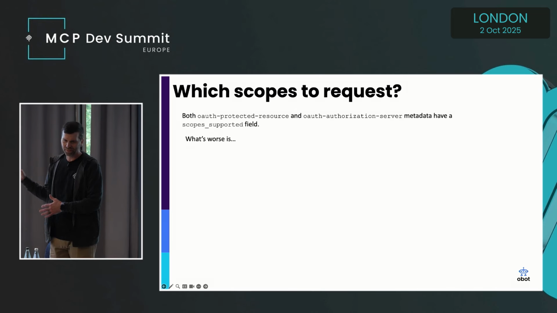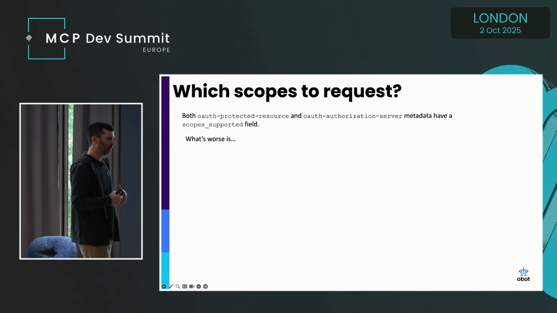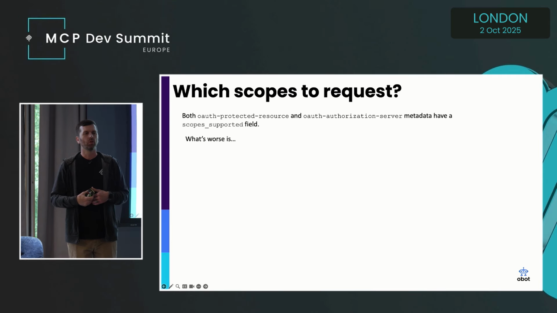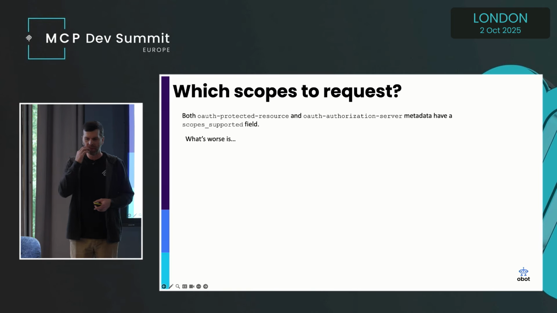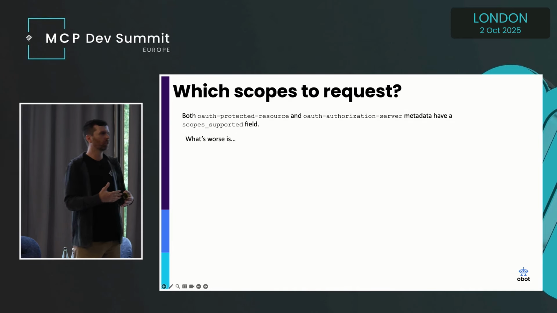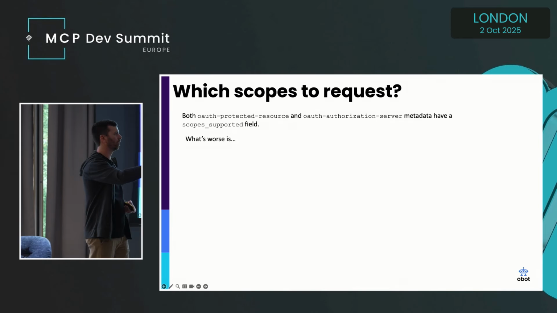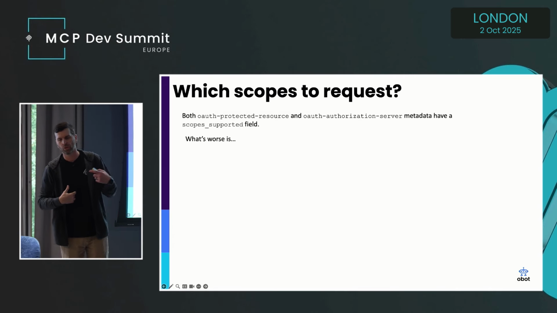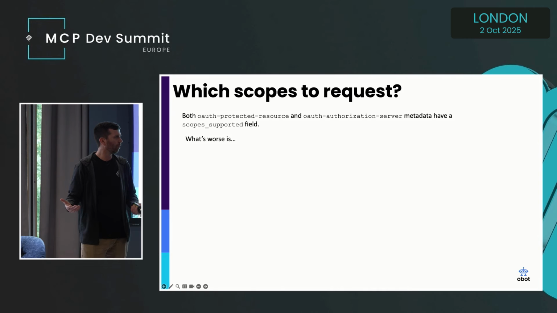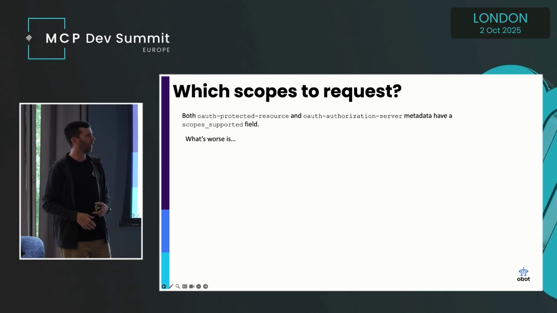I didn't have time to create a slide for it, but scopes, when you create an OAuth token, for those that don't know, you click the authorize in the UI, you're granting permission for that client to have those scopes to make those types of requests to your system. So if I grant you the read user scope, but you try to change my user, you try to write user, then I'll deny that as a 403 forbidden, right? You don't have the scope to do that.